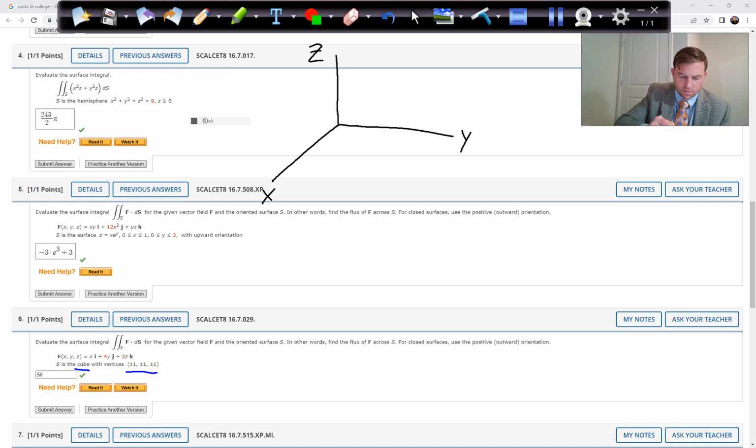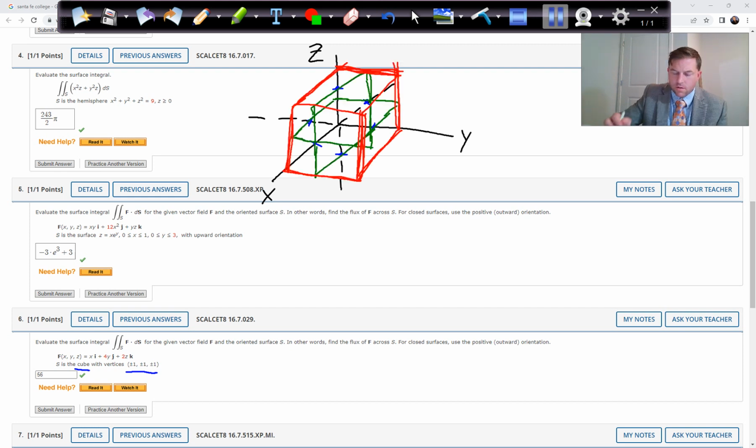I think it is, the way I drew it on my notes. So let me correct that. So its vertices occur at +1x, oops, I forgot a line. And -1x, +1y, -1y, +1z, -1z. So this is going to be a cube that looks like this. Okay, so I wanted to draw that while I had the video paused because it's a